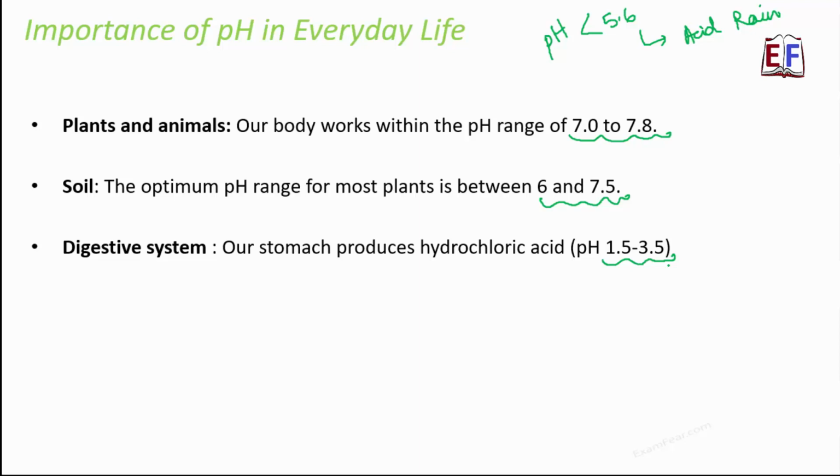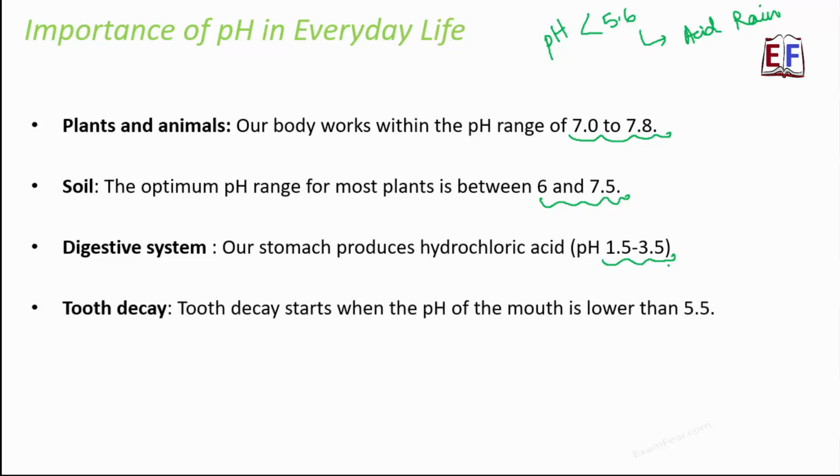Now, you would have seen that sometimes when you eat some oily food or some stale food, you get indigestion. And during indigestion, there is too much acid in your stomach and you get a burning sensation, which we often call acidity due to excessive acid in the stomach. And why does that happen? Because your pH value inside the stomach has got altered, it has reduced, and that's when you feel acidity. And what do you do during such times? You take antacids because antacids are basic in nature, so they neutralize the acidic effect inside your stomach.